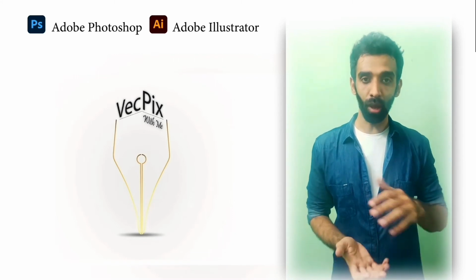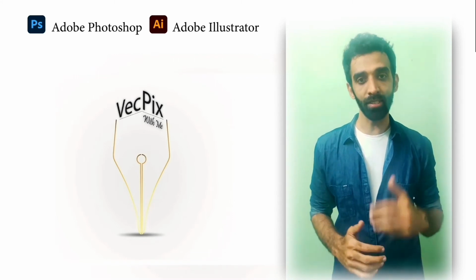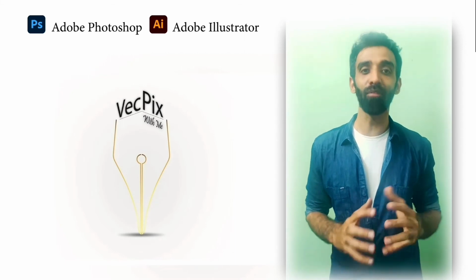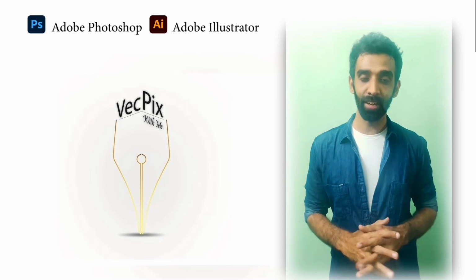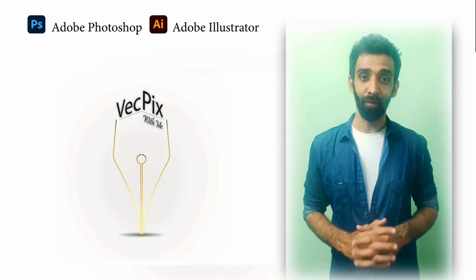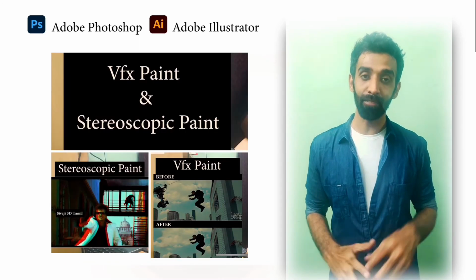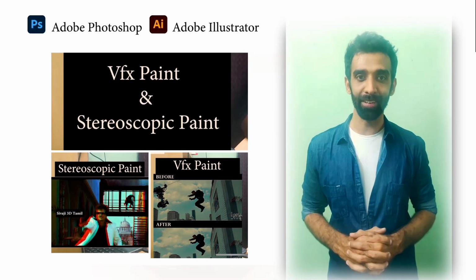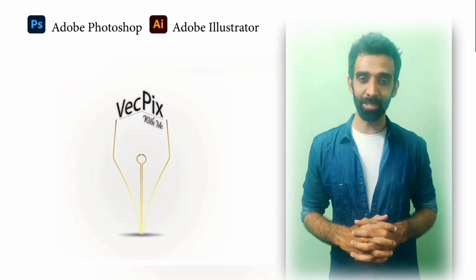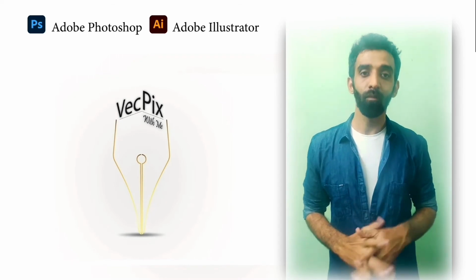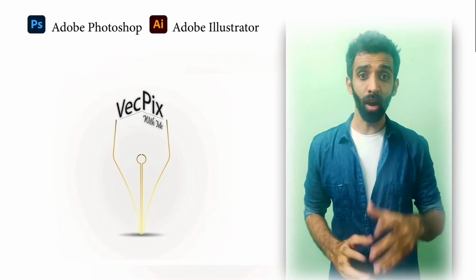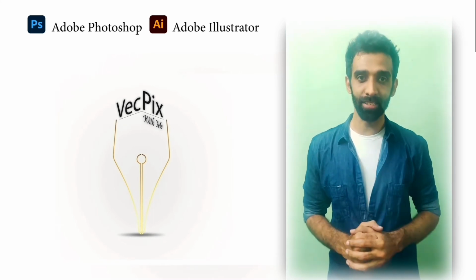Over time, the software has grown to help all kinds of artists to do different kinds of work. Now, Photoshop is known to create interface design, web page design, banners, and video graphics, for example, VFX Paint and Stereoscopic Paint. And the original use of Photoshop is editing images and creating images for print. Photoshop is not the best program for all types of artwork designs.